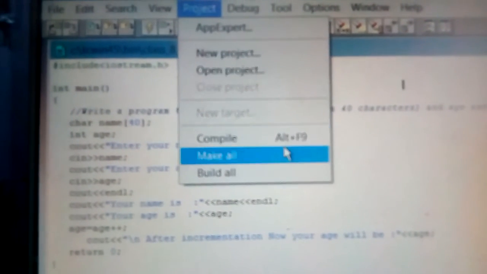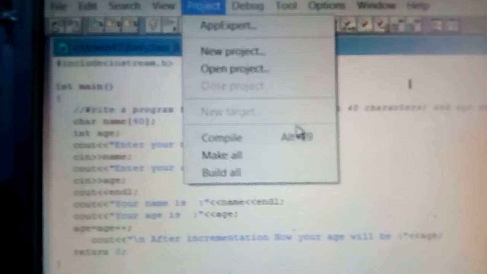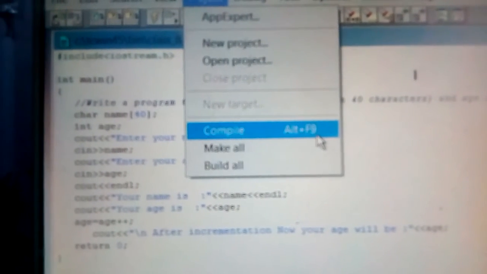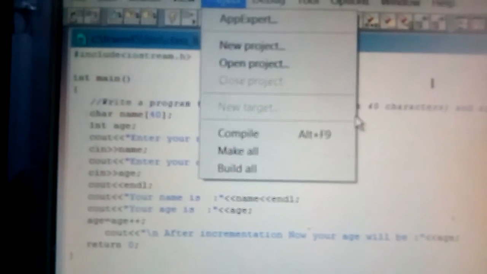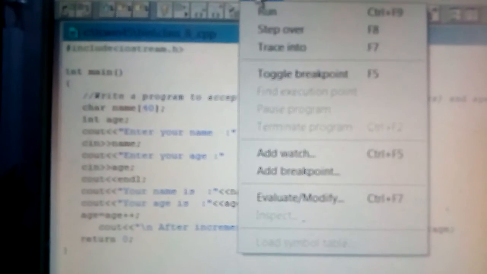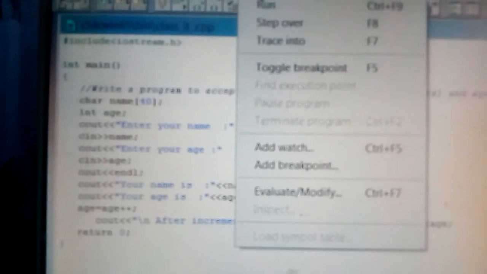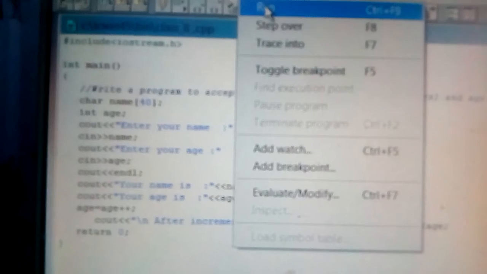So remember that these are the shortcut keys. Sometimes it has been asked what is the shortcut key to compile the program in Turbo C++, or what is the shortcut key for executing the program in Turbo C++. So you have to remember Ctrl plus F9 and Alt plus F9. Okay, so just click on the run option, Ctrl plus F9. Enter your name. Just write anything, suppose I am writing Anita here. Okay, now enter your age, any age you can write. Suppose I am writing 13 here. Okay, so press enter.